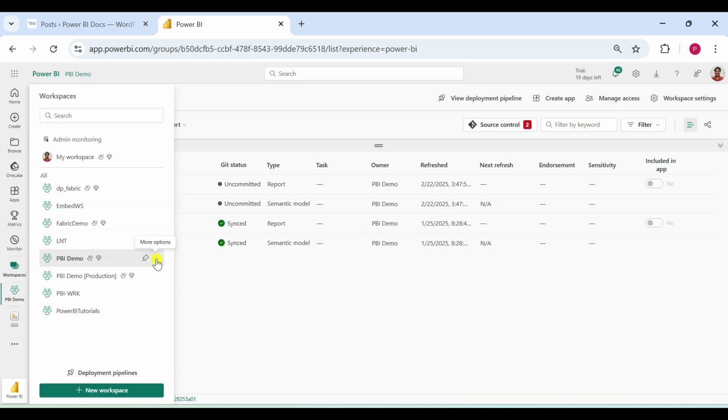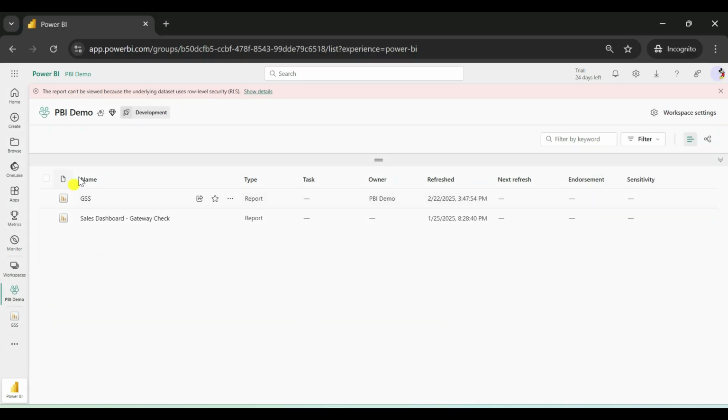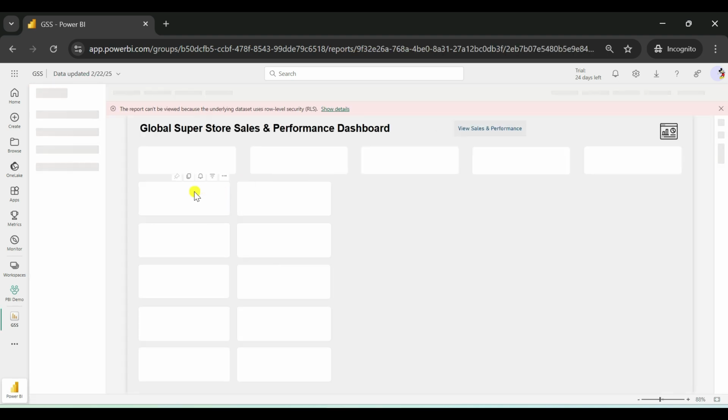If you see the workspace access settings, here you can see that I am the admin of the PBI demo workspace, and here you can see David has viewer access. So that's the reason he can see the workspace and reports, but we didn't provide any access to the report data. That's the reason the data is not visible to him, because we removed all RLS roles for him.